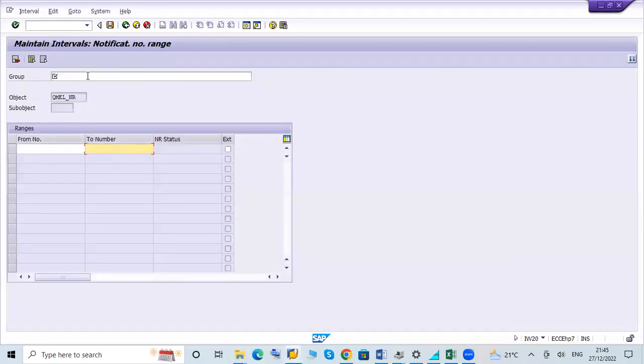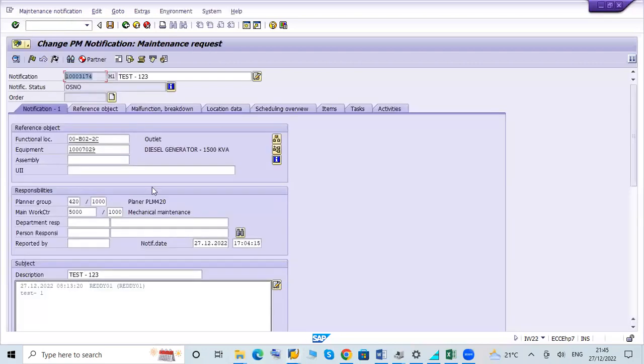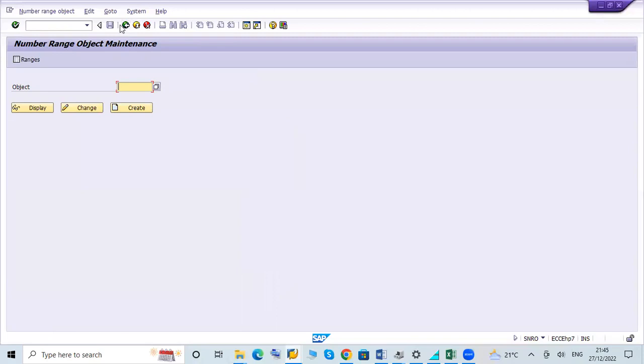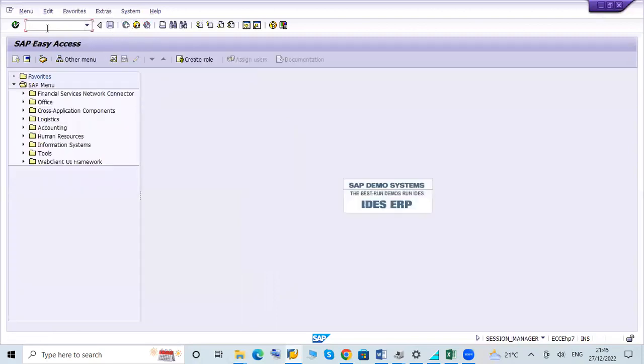In real time there won't be an issue, because this is a practice server. Everyone cannot create a number range. So better go for it in